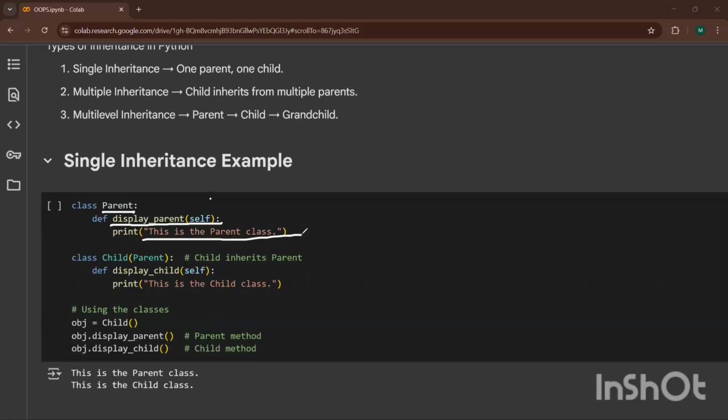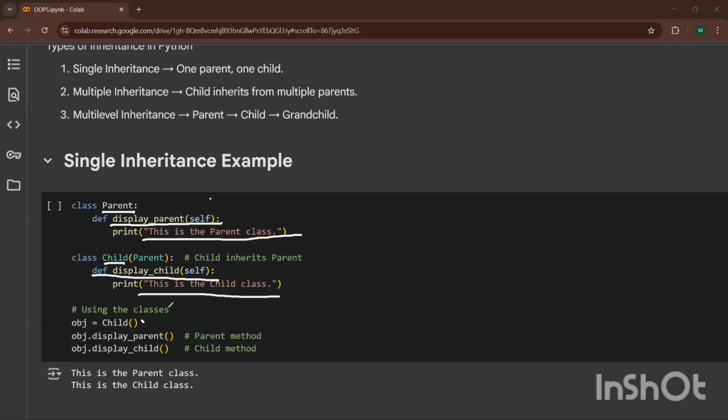Now, one parent, one child. So I'm creating one more: class Child, in brackets, Parent. Child inherits the parent. Def display self: this is the child class.